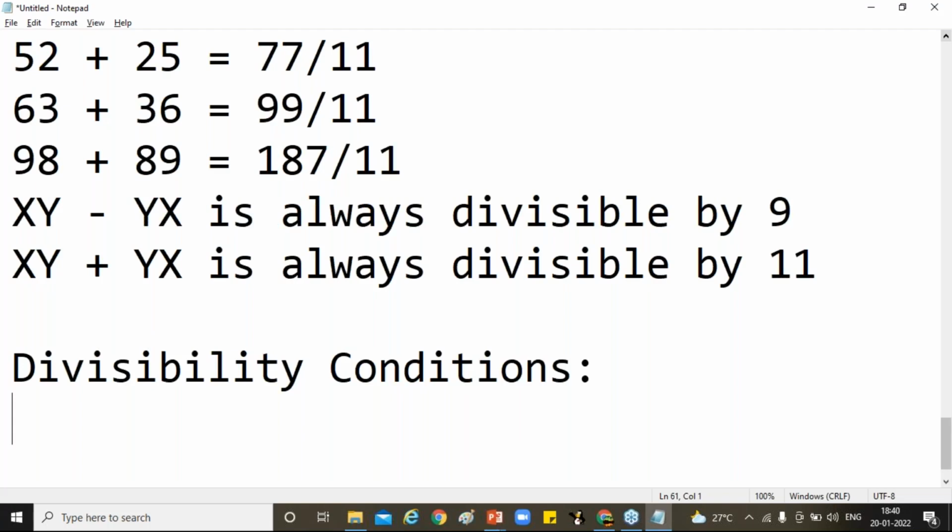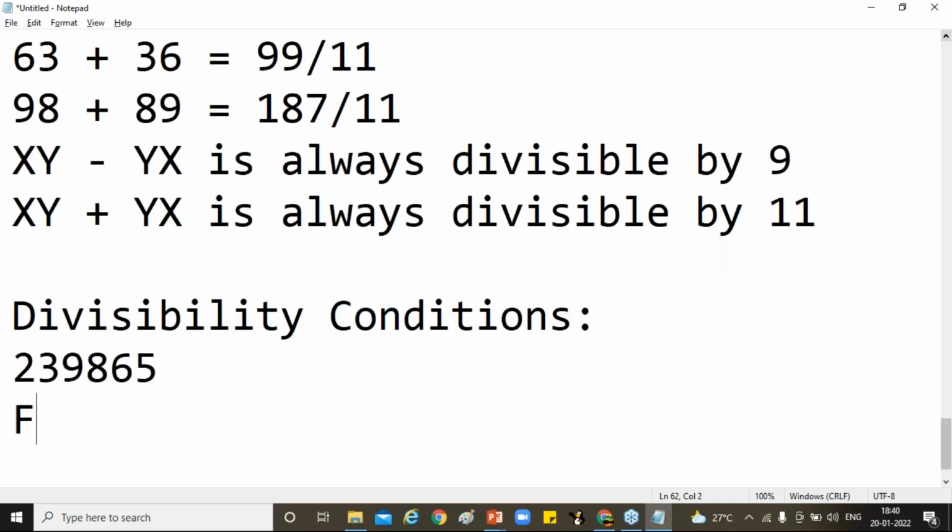So write down. So, divisibility conditions. Whenever they give a larger number like 239865, we have to check whether the given number is divisible by 2 or not. So please revise. Whenever a number is divisible by 2, the last digit of the given number